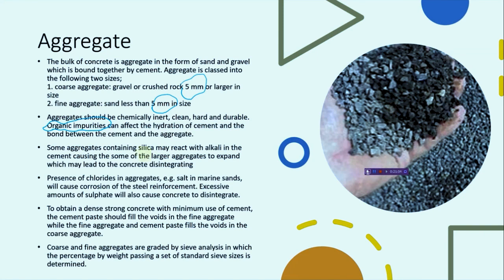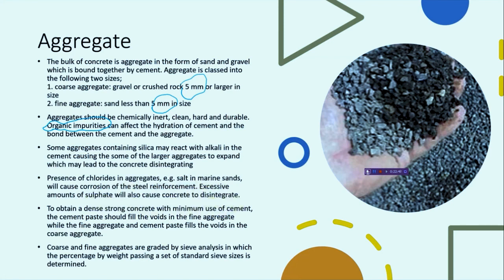Some aggregates contain silica that may react with alkali in some cement, causing some larger aggregate to expand, which may lead to the concrete disintegrating. The aggregate has silica, okay, but it's fine by itself. But when this silica combines with the cement, it will react, because there is water. Water is actually the catalyst for any chemical reaction. So it may lead to expansion. Presence of chloride in aggregates, for example salt in marine sand, will also cause corrosion in reinforcement. Excessive amount of sulfate will also cause concrete to